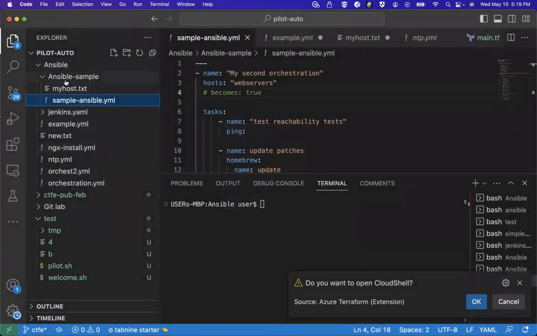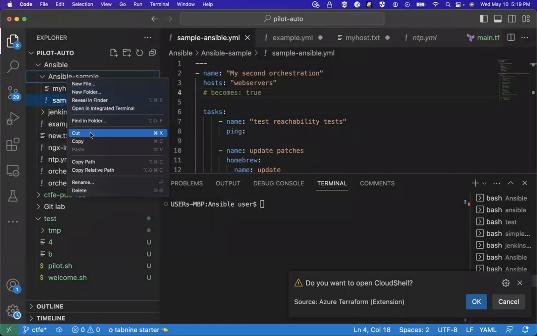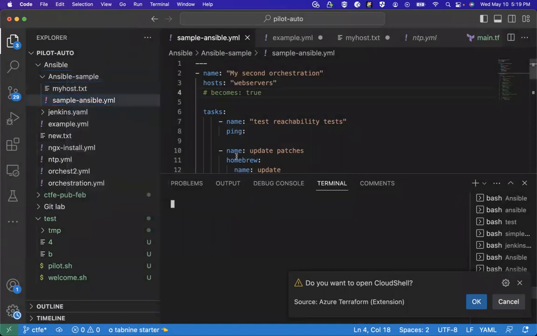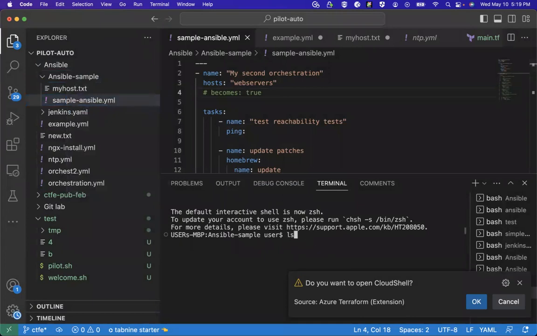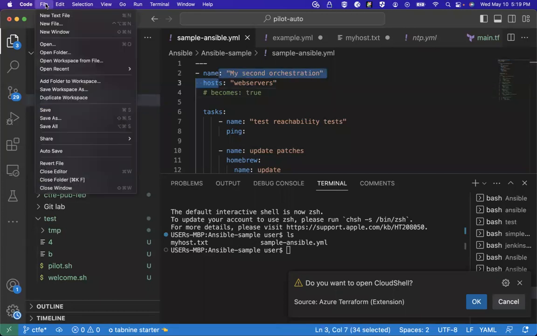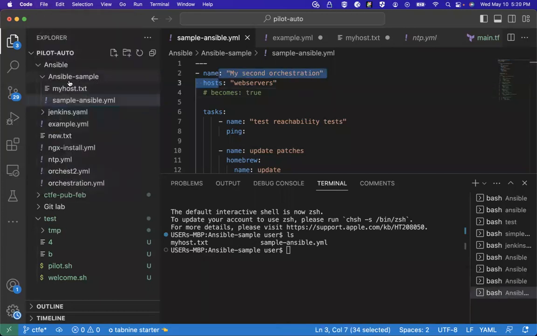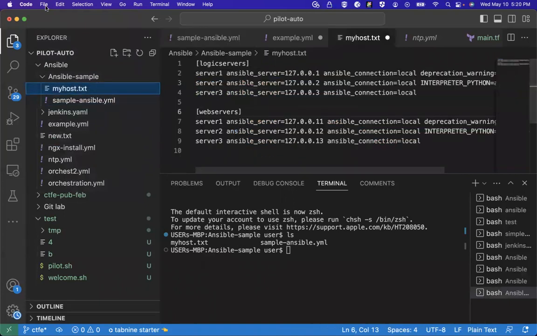Then open the folder inside. I'm inside. If I say ls, you can see it's inside here. Make sure they are saved. Control S, and Control X. You notice that one of them is in YAML, the other one is in a text file.